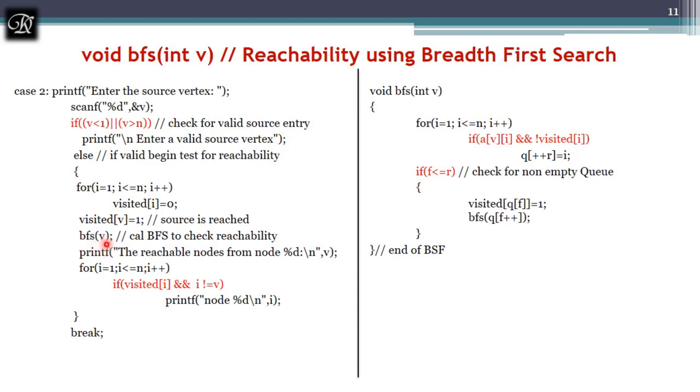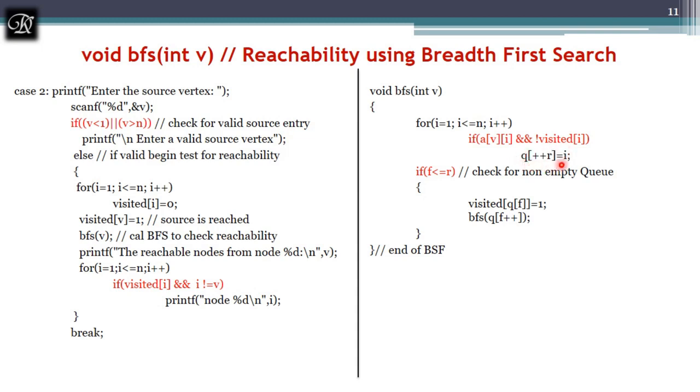With that vertex I am going to begin. This is the recursive function where I am going to check a condition for all the nodes. A of v, i concentrates on the adjacency matrix, and visited of i concentrates on the not visited list. If these two conditions match, that is, if there is a direct edge between the source vertex and the remaining nodes, and that respective vertex is not visited,